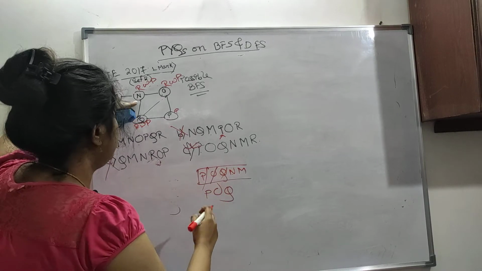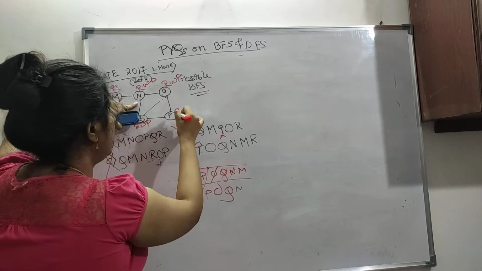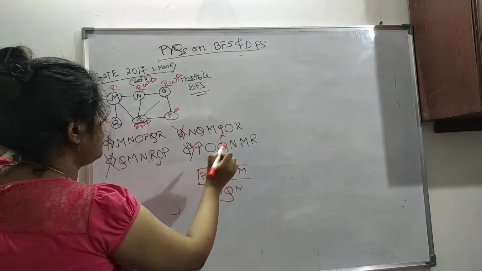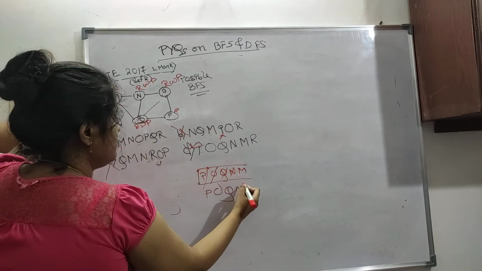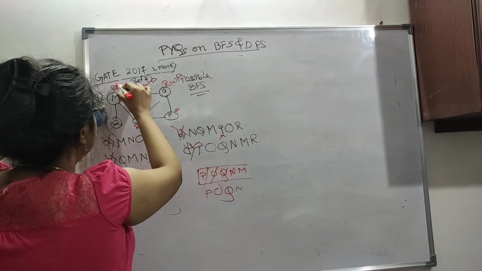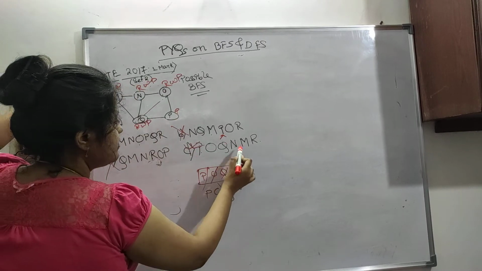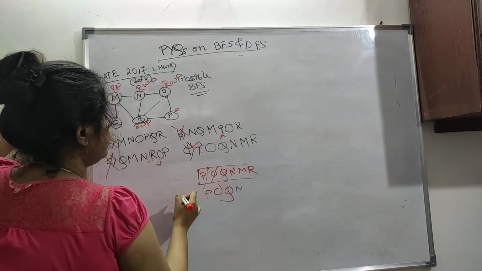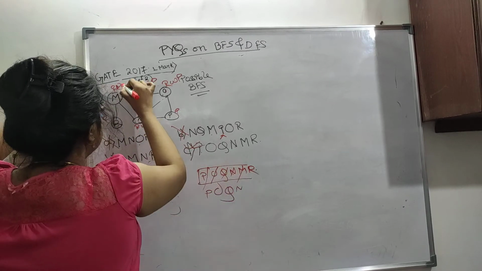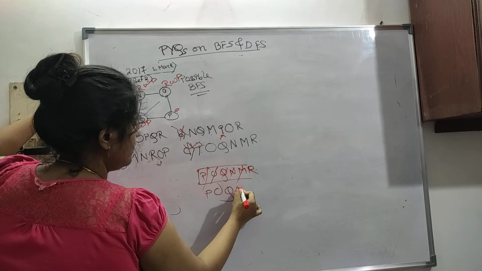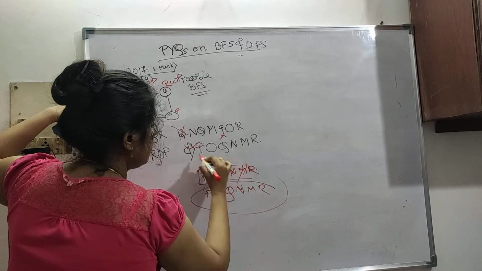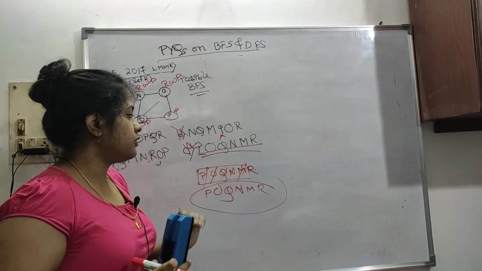Then N, just pop it out because all the adjacent vertices are already in our Q, so don't do anything, just pop it out. Then M, N is processed. Now it was in waiting state. Now see the adjacent vertices, R is our adjacent vertex, so R is put in our Q, then this is dequeued and this is processed. So N, then M, then only R will be dequeued, so this is our correct option.